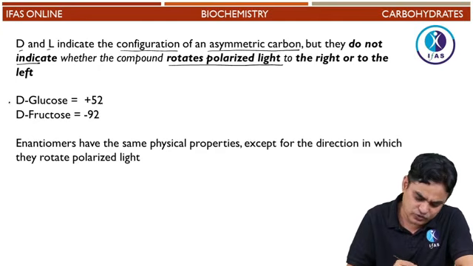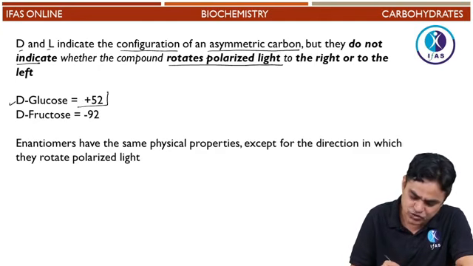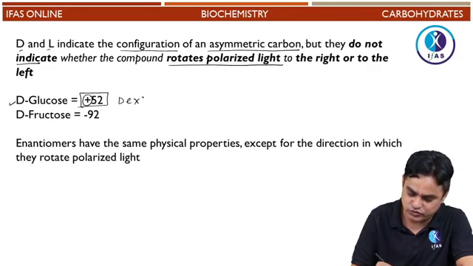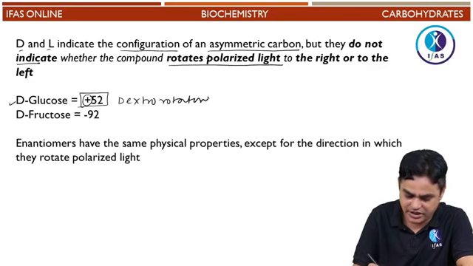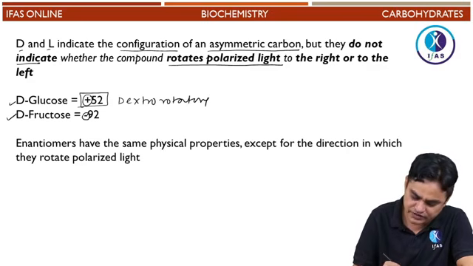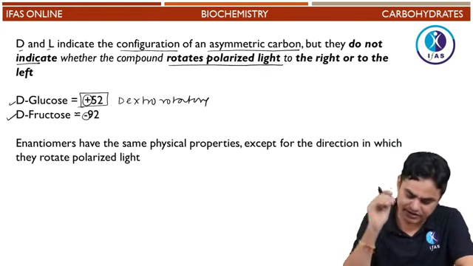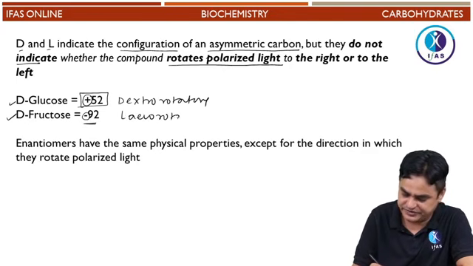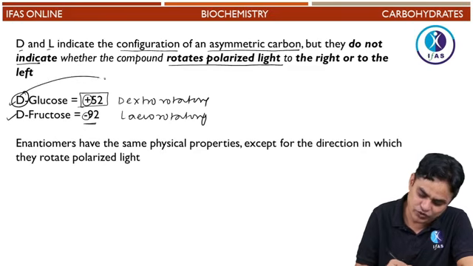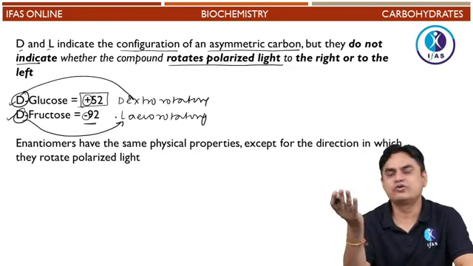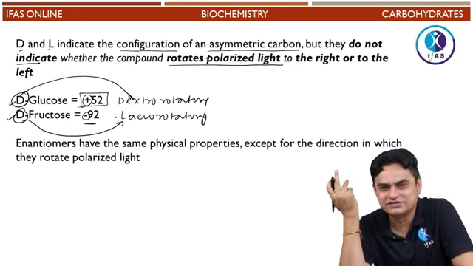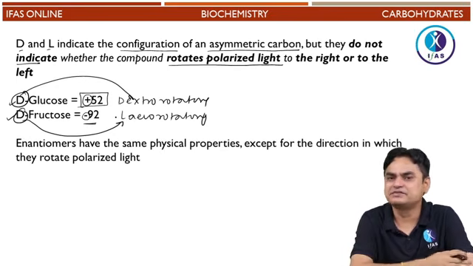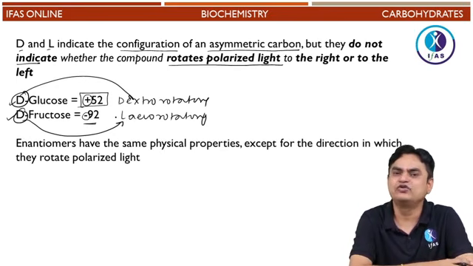For example, D-fructose rotates plane polarized light by plus 52 degree, means if it is plus it is dextrorotatory, and the other one rotates plane polarized light in anti-clockwise direction by minus 92, so it would be referred to as levorotatory. So you can see that D form could be dextrorotatory, D form could be levorotatory. There is no correlation. 50% you would be right and 50% you would be wrong. Okay. So D-fructose or D-glucose, they are simply representing the absolute configurations. They are not